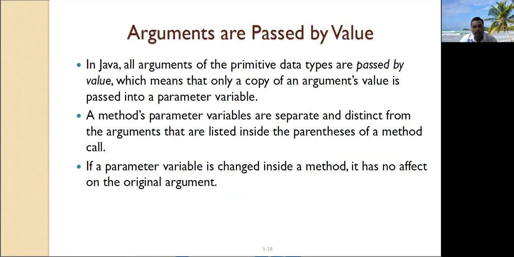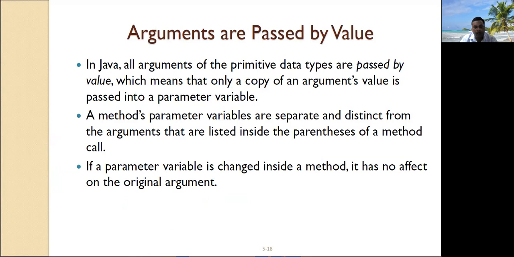Then after that, we are going to discuss methods of passing parameters. There are two methods of passing arguments to methods. One is arguments passed by value. The second one is arguments passed by reference.